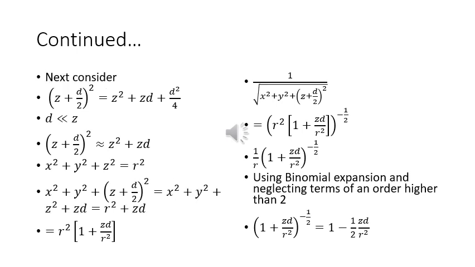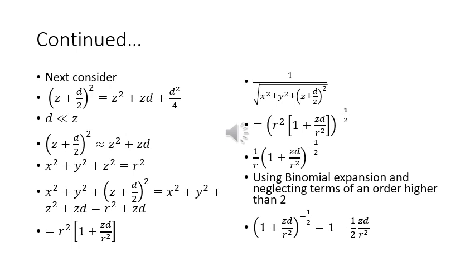Next, consider z plus d by 2 whole square. When we expand this, we will get z square plus zd plus d square by 4. So this will approximately come out to be equal to z square plus zd because d is very much less than z. As before, x square plus y square plus z plus d by 2 whole square simply becomes r